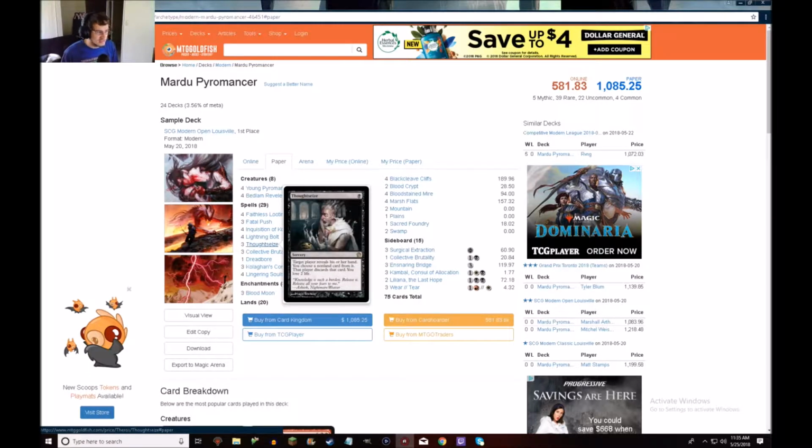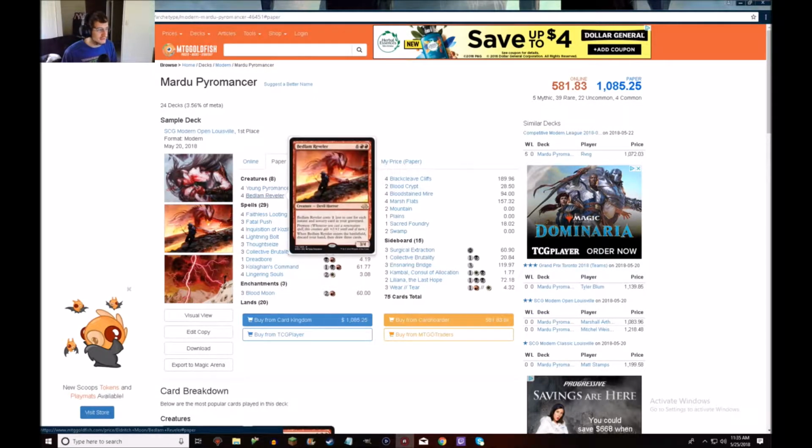Thoughtseize is kind of the standard if you're not playing a combo deck per se. I feel like if you're not playing a combo deck in Modern, you should be playing a deck that can play Thoughtseize, because Thoughtseize disrupts those combo decks and also helps clear the way for your Young Pyromancers and Bedlam Revelers, just to slam them down, force your opponent to top deck, and really try to deal with these threats